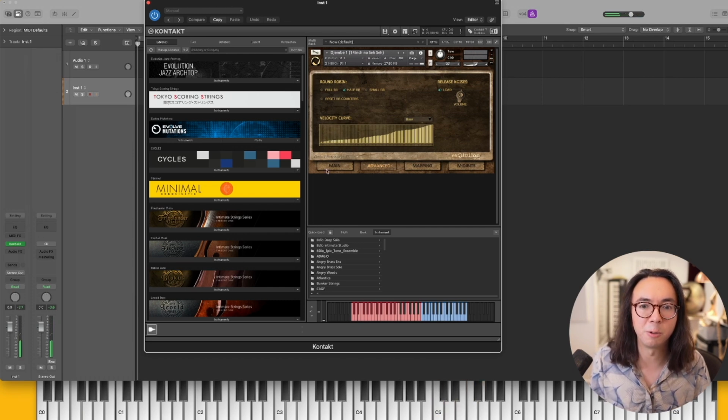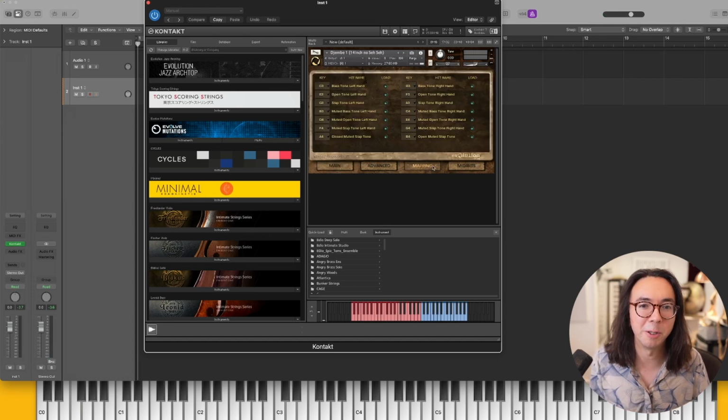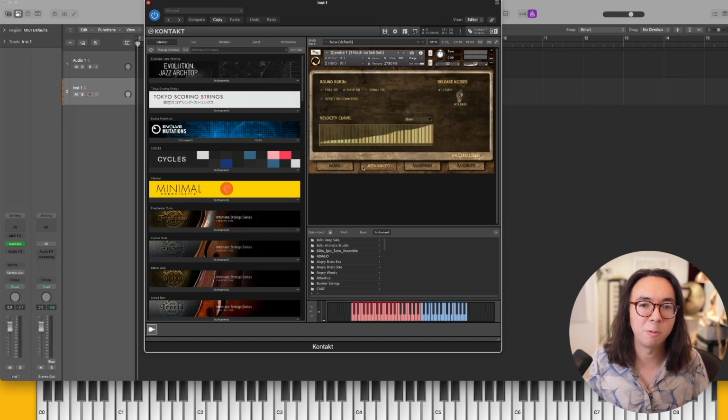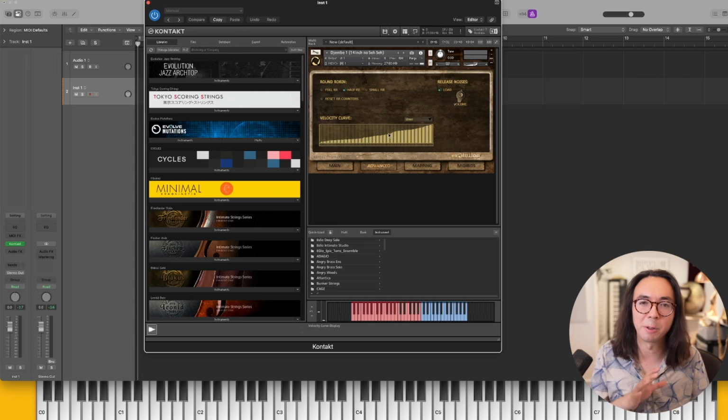It's from a library called World Percussion 2.0. It's quite a nice, well-programmed library. I'd recommend it. And where I tend to start is I want to make sure that the velocity response on my keyboard is appropriate to the thing that I'm trying to play. So for example, this kind of default response on my keyboard